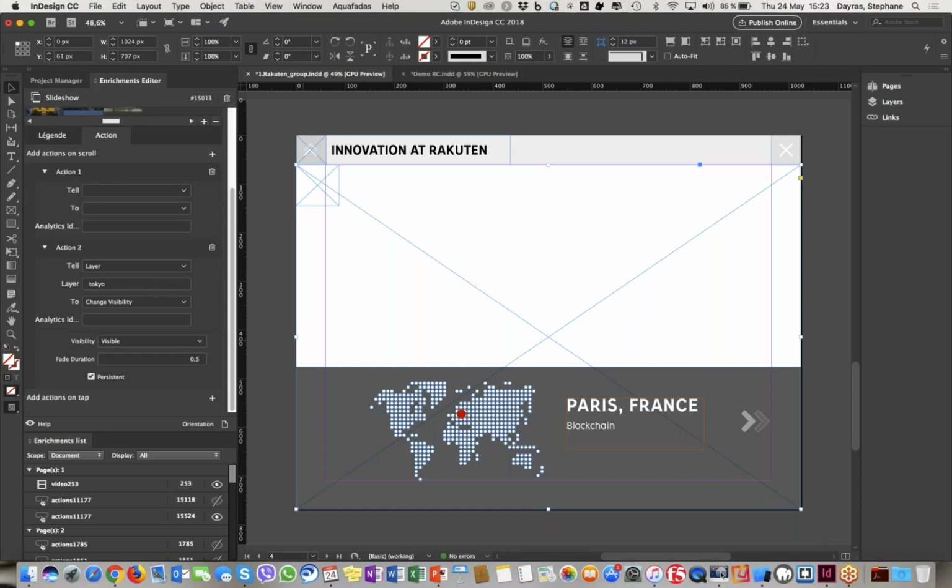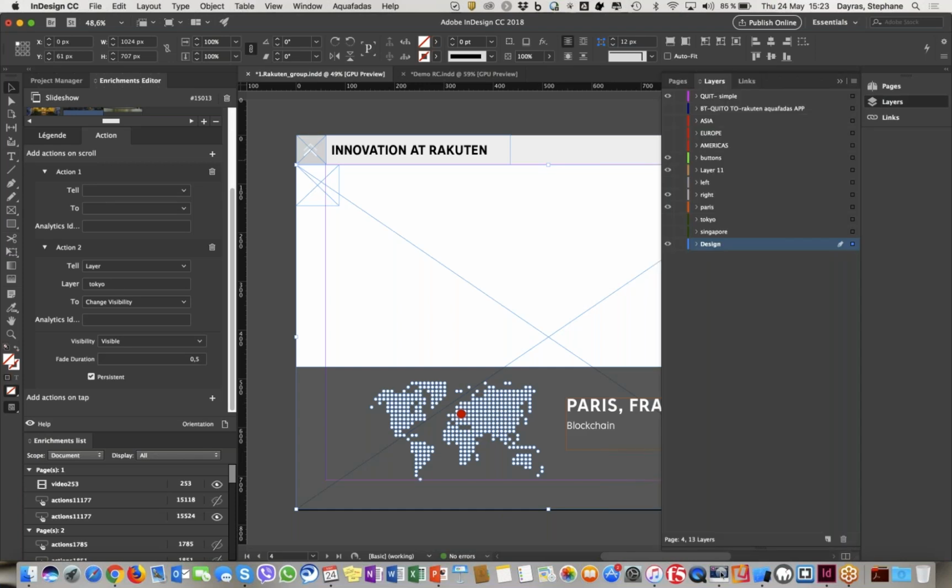And the actions are quite simple. First of all, we have a script. A script is a combination of actions within our plugin. We have a script which will say, when we arrive on that slide, please hide all the layers. As you can see, we have at least one layer displaying the Paris, France, but we are not forced to see it because the slideshow will display it whatever happens. And so the script is saying, as soon as we enter that slide or page, please hide all the layers, which I did just manually because I have hidden the last one, which was Paris.